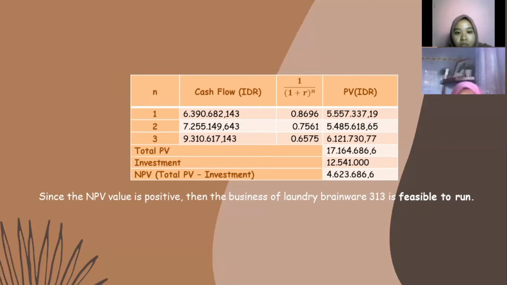And for the cash flow, you can see from the table, and for the 1 divided by 1 plus R to the N, you can see from the table, we have R is equal to 50%, and then the PV, you can see from the table, and then the total PV or present value is equal to